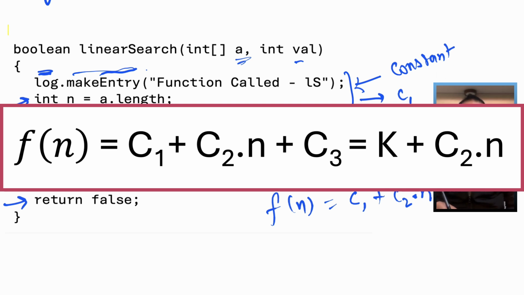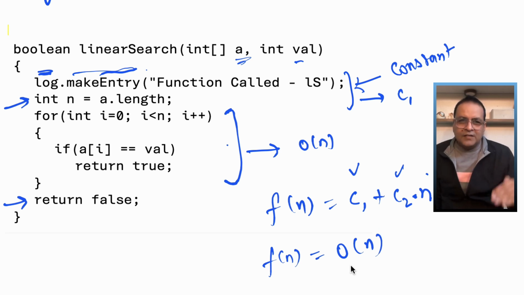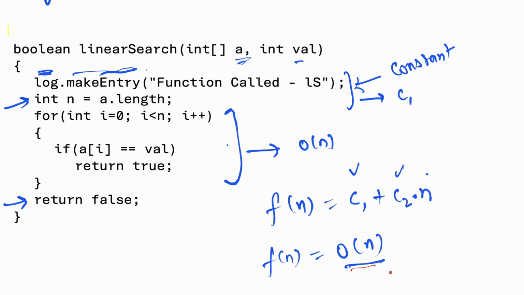But ultimately, it will be some constant into some other constant into n. We can conclude that this function is big O of n, or this function is order of n. So the proportionality that we discussed in the previous video meets the time complexity that we are discussing right now. When we say f(n) is big O of n, this big O of n is actually the minimum possible